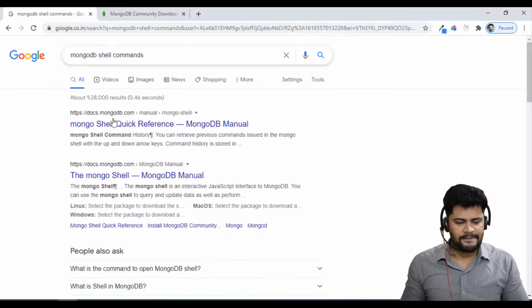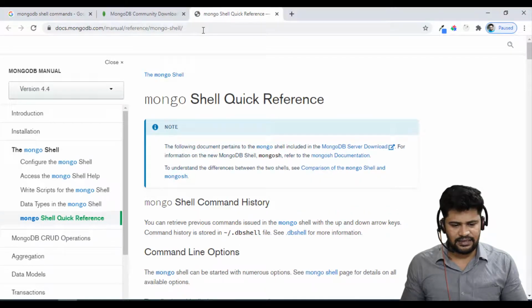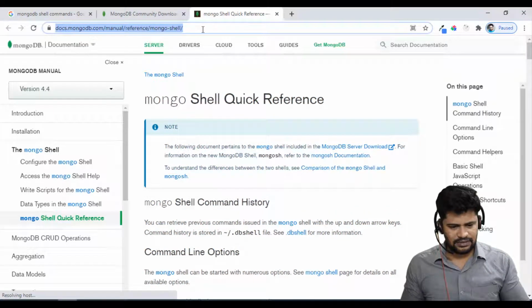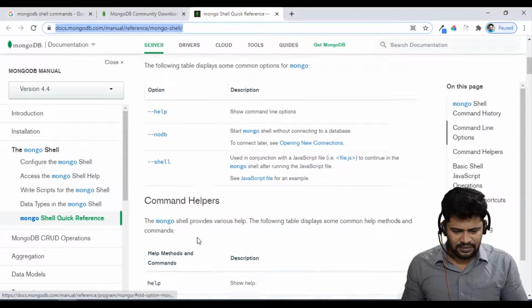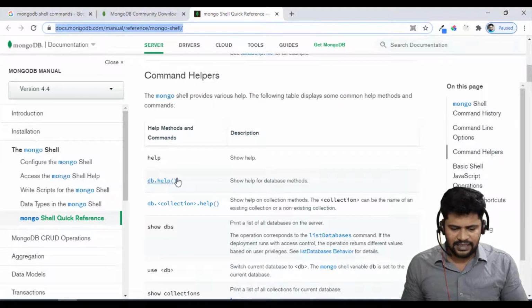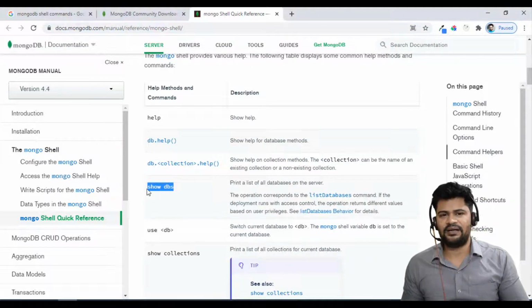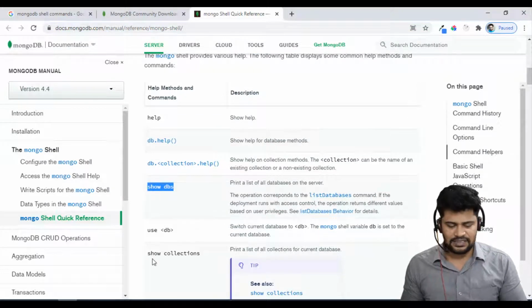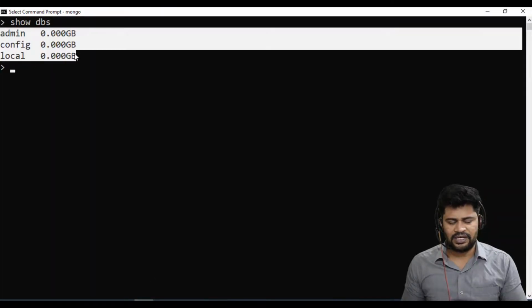You get the official reference document. Yeah, this is the one. Here you can select MongoDB, and there is db.help. You get some help methods, and show dbs. It will print the list of all databases that exist in your MongoDB installation. See, show dbs, you get all databases.